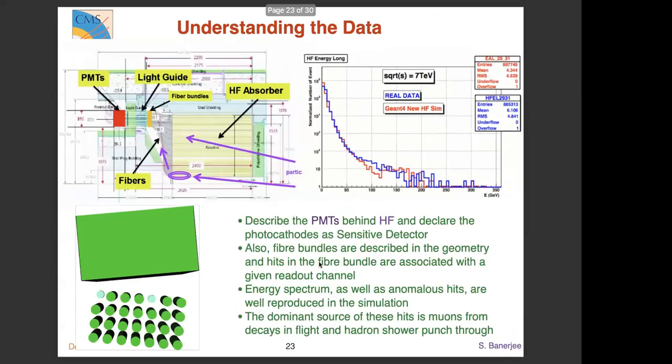So as a result, what they did is that they replaced this. I think Suchand has already mentioned. They replaced the single anode PMTs with 4 anode PMTs. There are 4 anodes in a given PMT, and 2 of these anodes, either 1,3 or 2,4, are combined to give rise to a